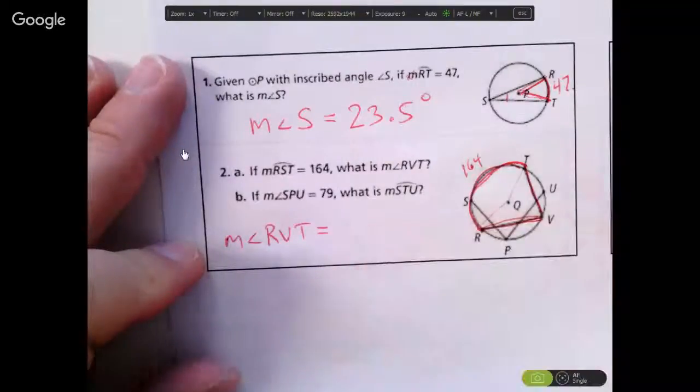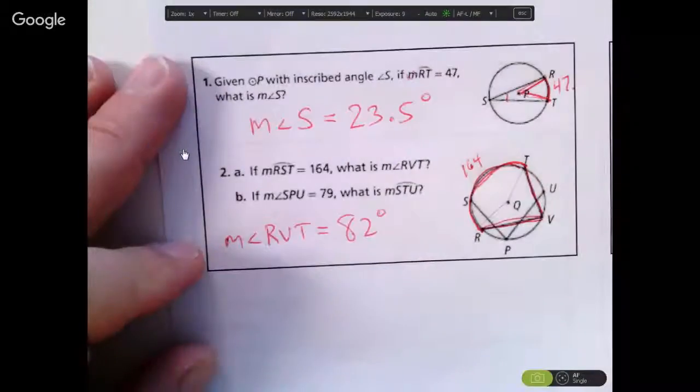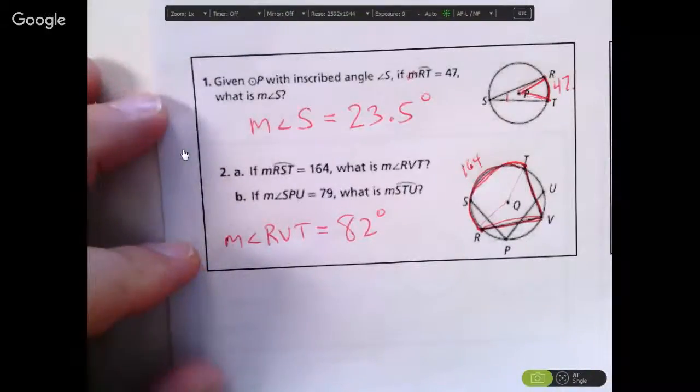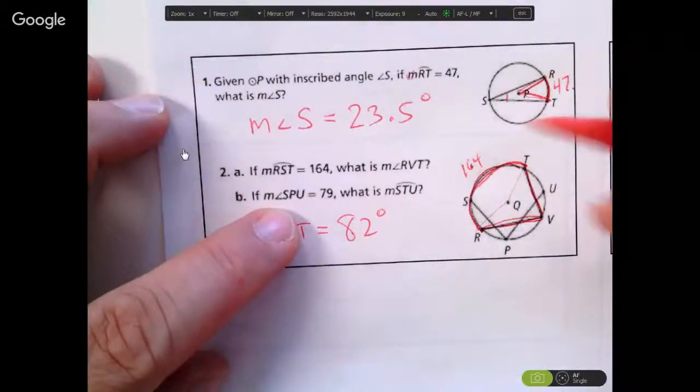RBT, or wait, hold on. What is it? RVT, did I say it wrong? It's 84 divided by 2. So it's 82. If just to mess with you, they had asked you the central angle, you would have to say that it was 164. And then they tell me the